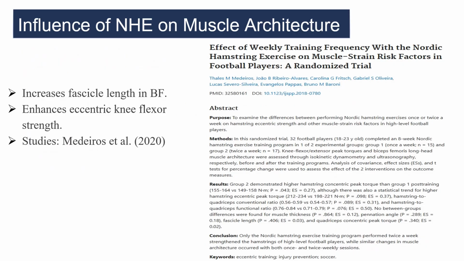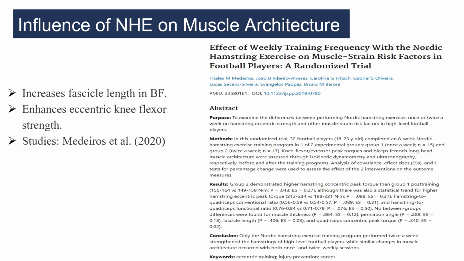Influence of Nordic hamstring exercises on muscle architecture. A study done by Medeiros et al. in 2020 examined the difference between performing Nordic hamstring exercises once a week or twice a week. I mean, they wanted to look at what the architectural benefits of Nordic hamstring exercises are. Does it increase any fascicle length, or any increase in muscle bulk or power? They recruited 32 football players ranging from 18 to 23 years of age,